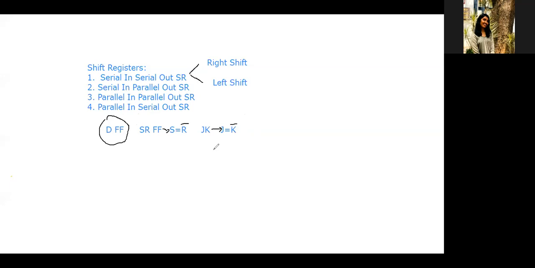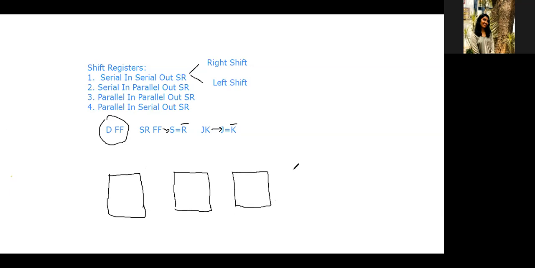Okay. Now, first of all, we are going to discuss the serial in, serial out shift register. Here I am explaining a 4-bit data storage. If you want to store 4-bit information, how many flip-flops do you want? 4 flip-flops. And if you want to store 5-bit information, you want 5 flip-flops. You know already that 1 flip-flop is used for 1-bit storage.